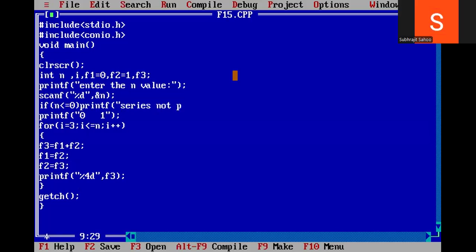Series not possible, okay, for minus or 0. You have to enter more than 0, then only the series will be possible. Now observe, series is not possible. Then